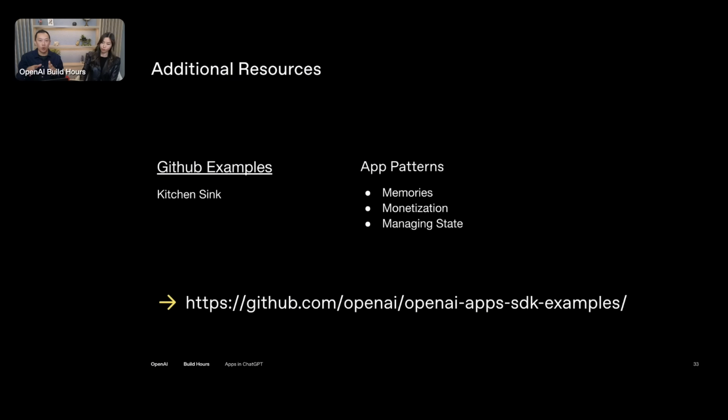I will quickly mention some of the app patterns here that are buckets of experiences that you may be wondering how you interact with today. We've recently enabled the control of how your app interacts with memories. As a developer, you will never have direct access to memories, but when you download a ChatGPT app, there is a toggle currently that says for the user, do you want to allow memories to interact with your app?